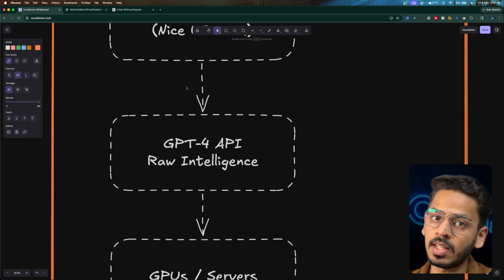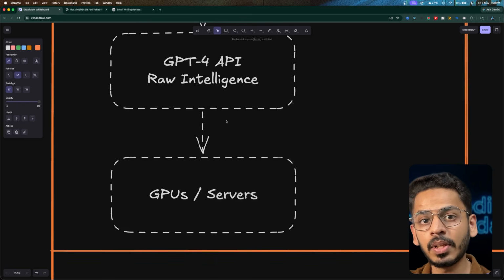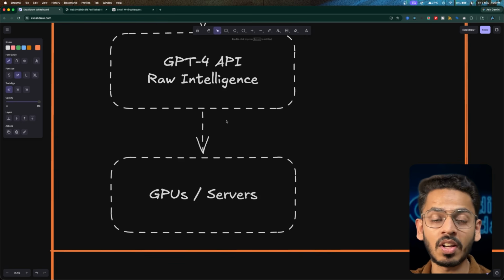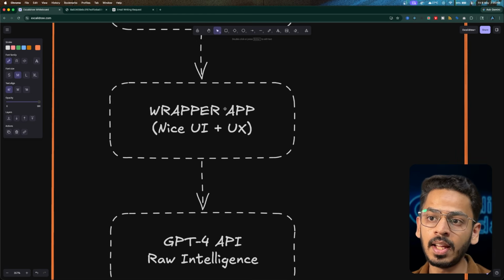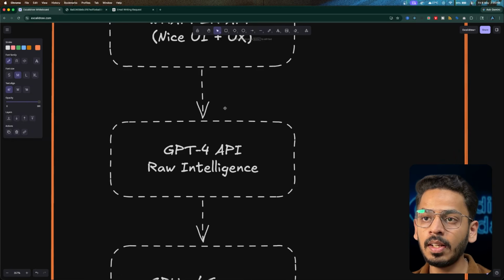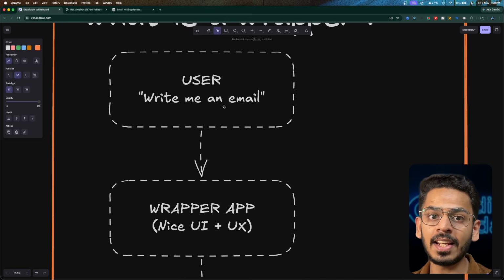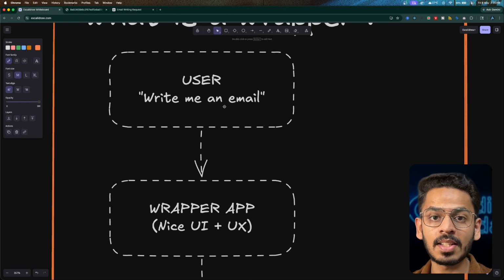Based on your use case, it can use different kinds of APIs. So it is going to call the GPT-4 API, and then that API calls the GPUs or the servers. When the server has the response, it then goes into the response API, then into the wrapper app, and then the user gets the response. So this is how a wrapper is built.